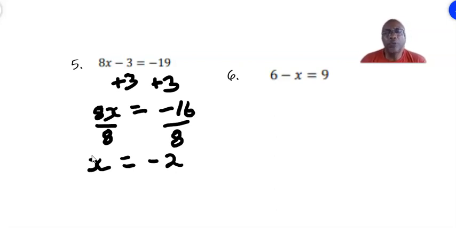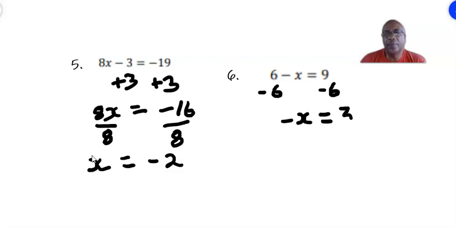And finally, we move to number 6. 6 minus x equal 9. So we want only x on that side. So the first thing I would do is I would take away 6 from both sides. So take away 6 from the left side and take away 6 on the right side. So on the left side, the 6's will cancel out. So I'll only remain with negative x. On the right side, 9 minus